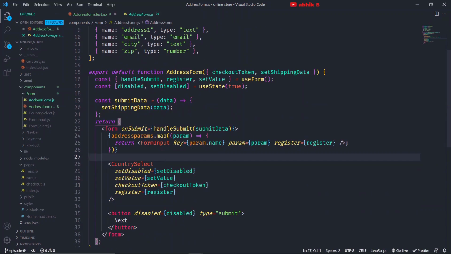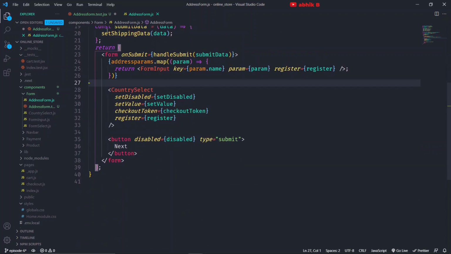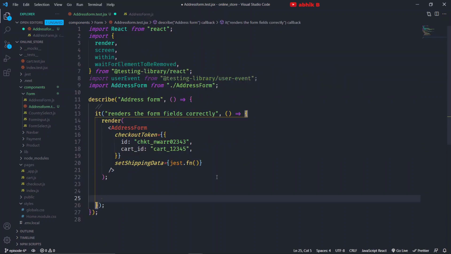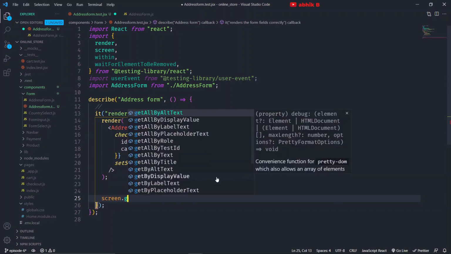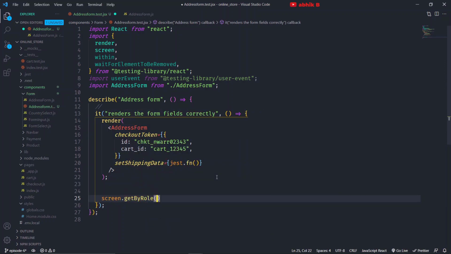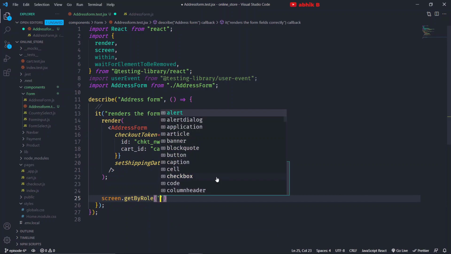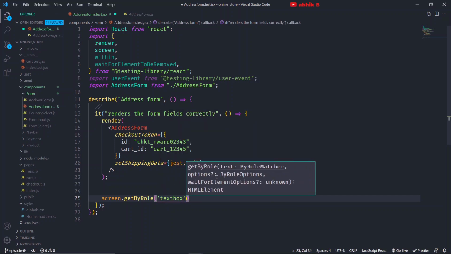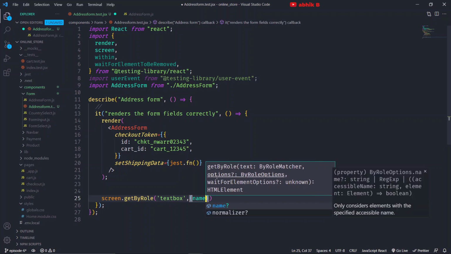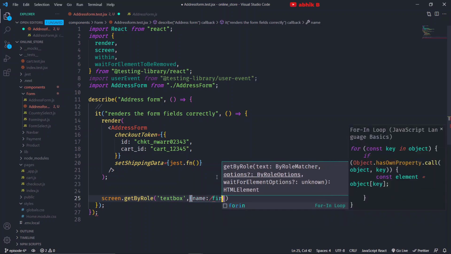What are the form fields? Mostly form inputs, then the form selects. So let's start. Screen dot get by role, or get by role text box, because there is no role of input. If you can see here while I'm scrolling, there is a role of text box. So the first one will have a name of first name,